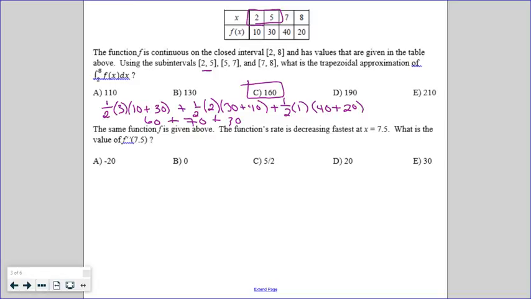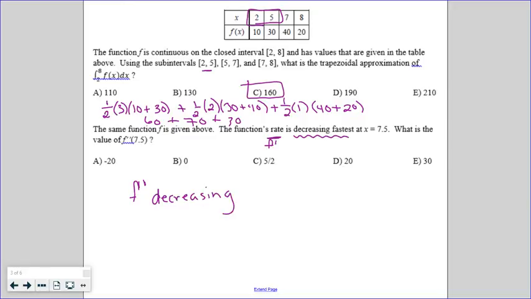All right, the next one, the same function f is given above. The function's rate is decreasing. So remember, if we're looking at a function's rate, the rate is going to be the derivative. So the derivative is decreasing fastest at what value of f double prime? So if I want f prime to be decreasing,